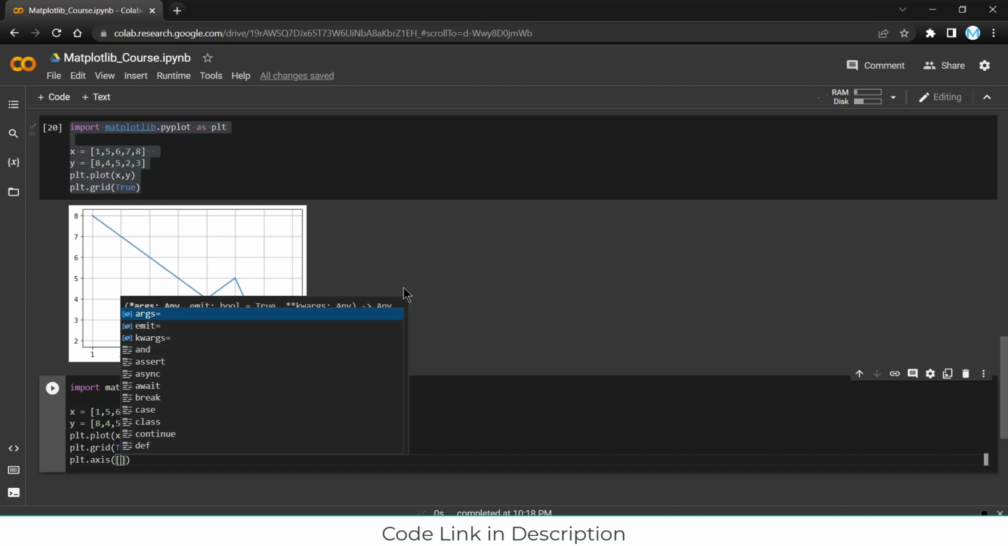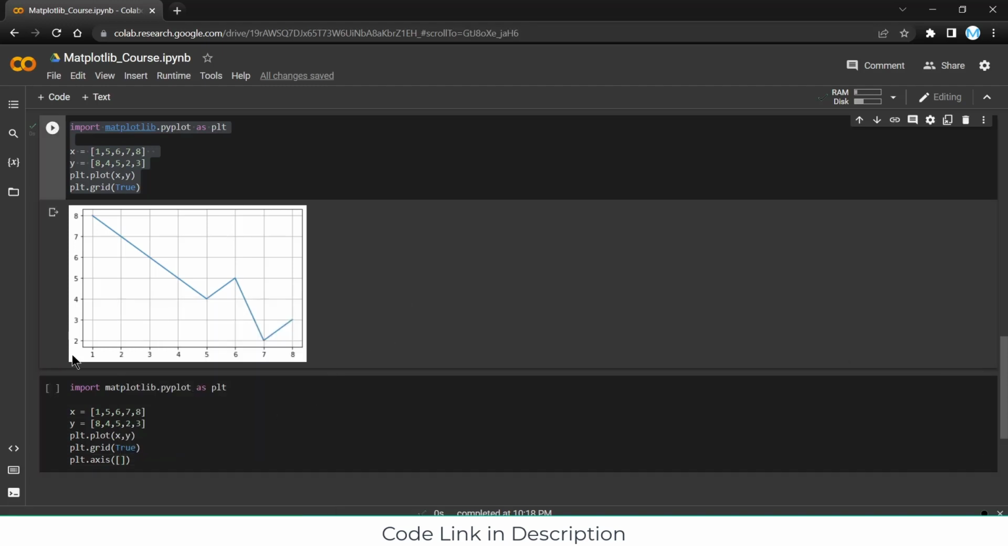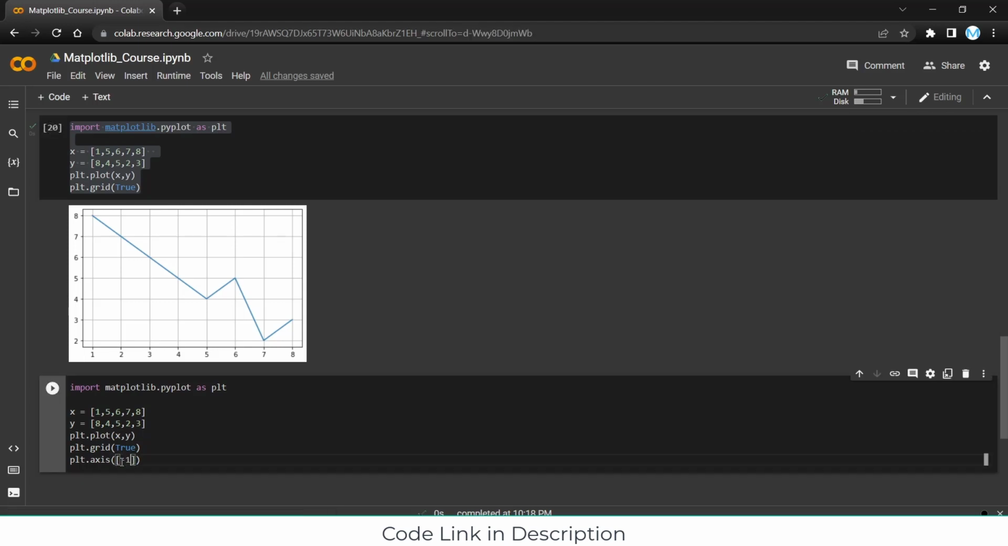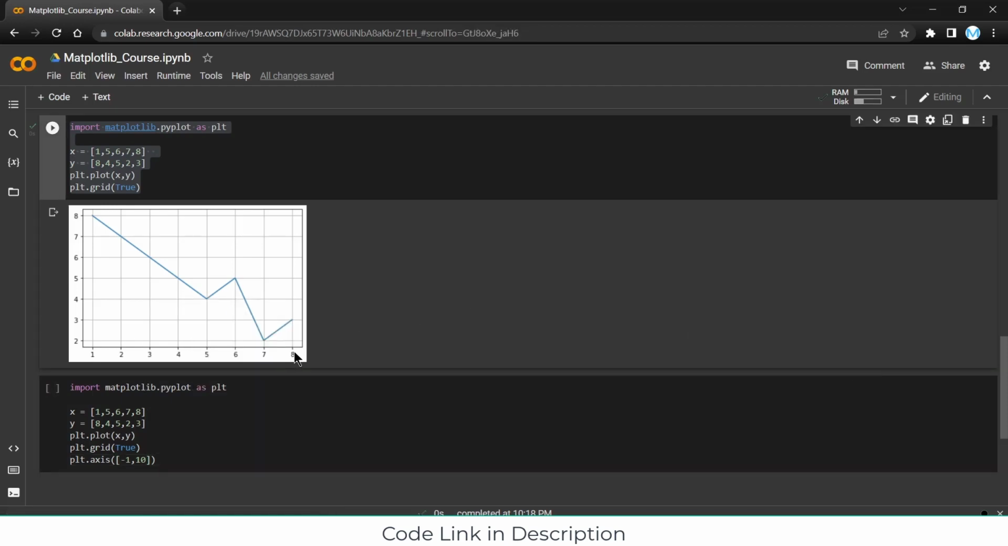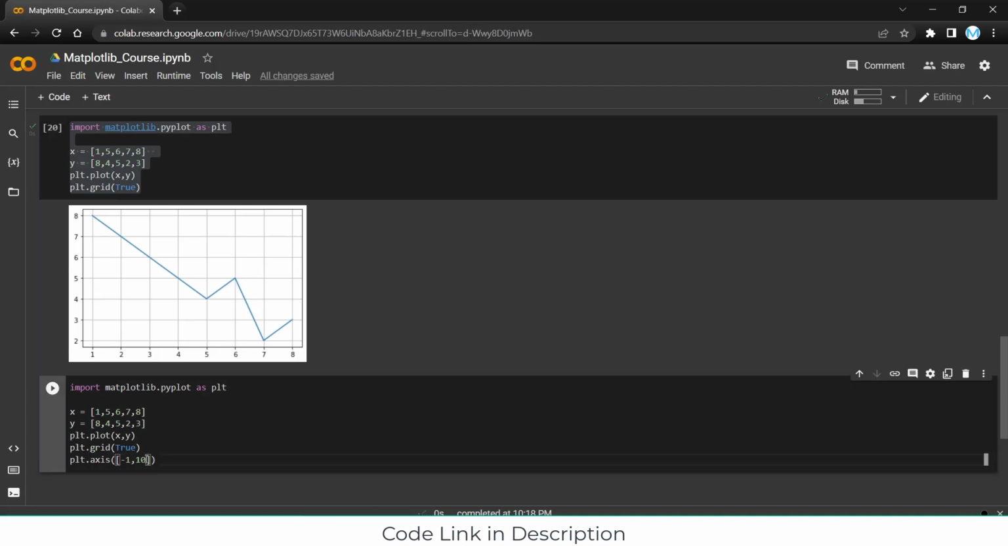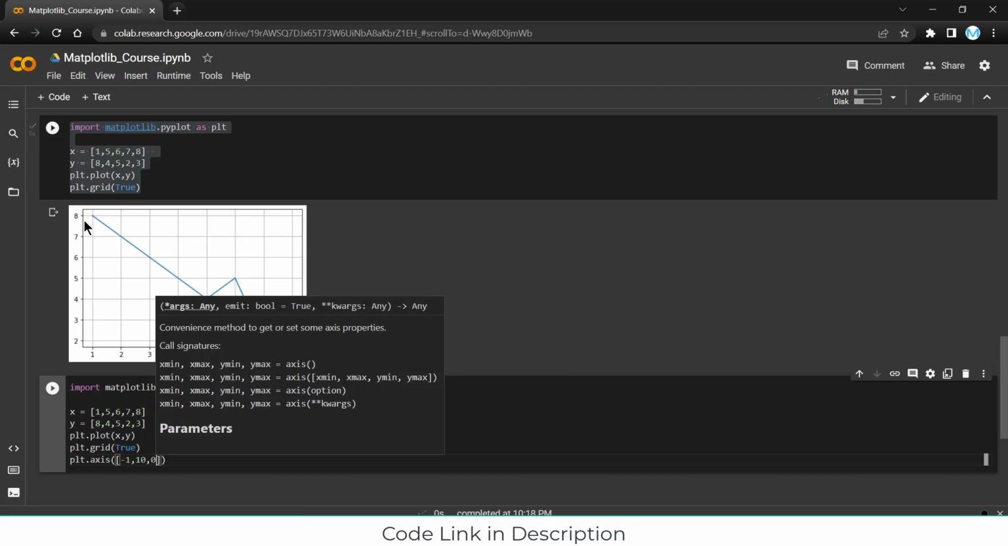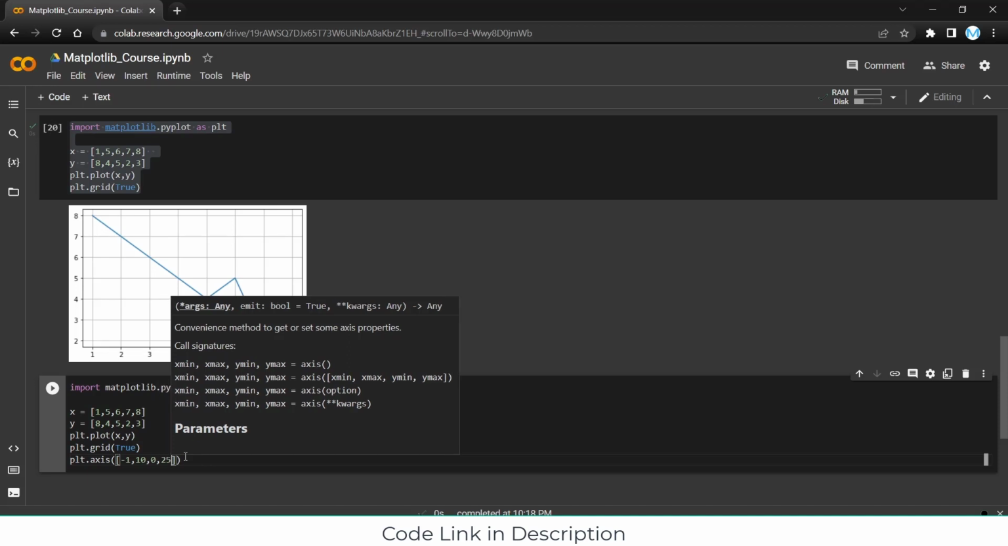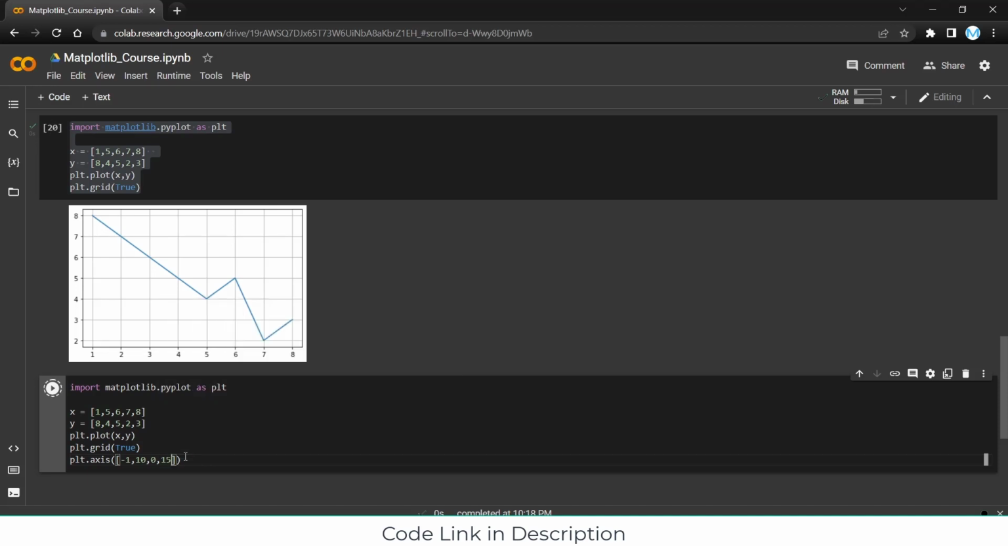Let's say I want my x-axis to start from -1 and go up to 10. Currently my x-axis starts from 0 and goes up to 8, but I am changing it to -1 to 10. Similarly, let's start my y-axis from 0 and let's say it goes up to 15. Currently it is going up to 8. So 15. So if I press Control Enter,